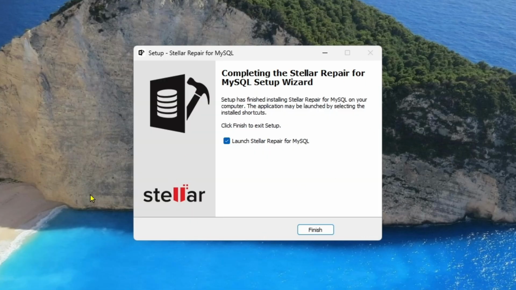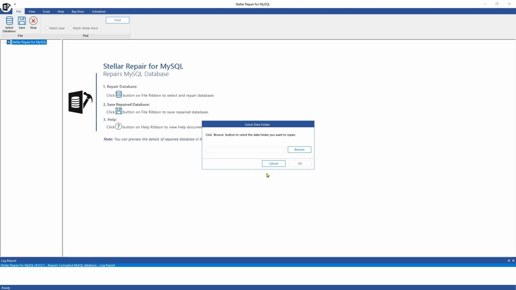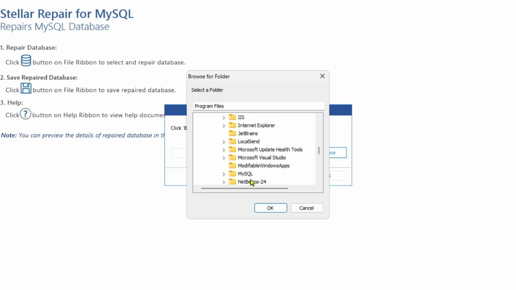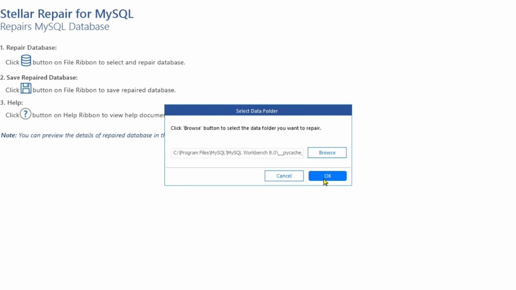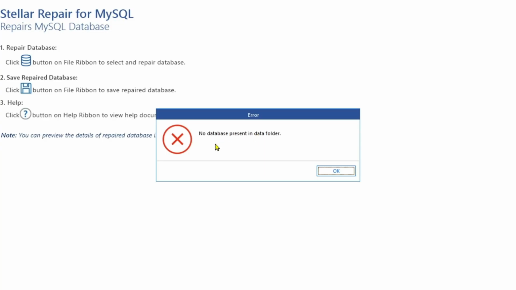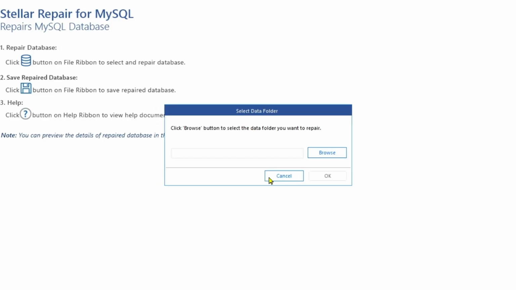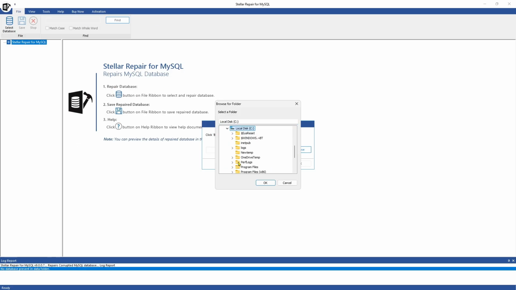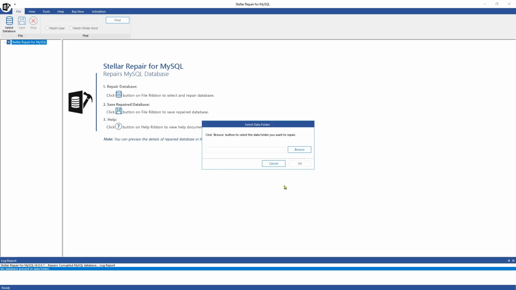After completing the installation, you can simply click on finish and MySQL Stellar Repair box will be appeared. And from here you just need to select the problem folder, as like I'm choosing here program file and going to choose MySQL. Click OK. As you can see, no database present in data folder. So right now I don't have any data, but if you have any data, then you can simply browse and check the folder that you have problem. And if you press OK, then your problem will be